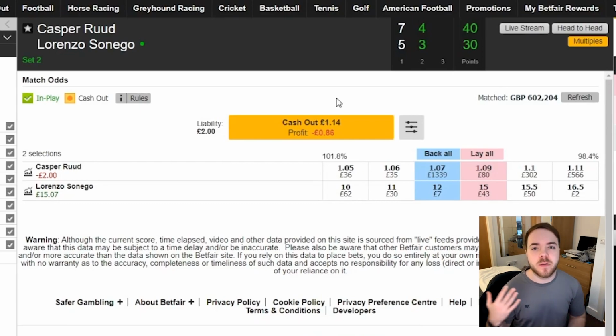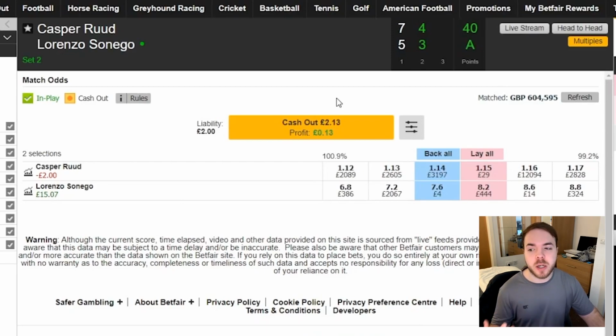It's a lot better than some of the football trades where you'll lose 60-70% of your stake, or the horse racing ones where you lose 100% of your liability. These ones are a bit more measured and a bit easier to be able to switch, but it is also a lot more fast paced, so you do need to keep that in mind. But again, luckily for us here with this trade, we managed to get back into it with Lorenzo, and he did manage to win his own break there as well. And then as it kept going,